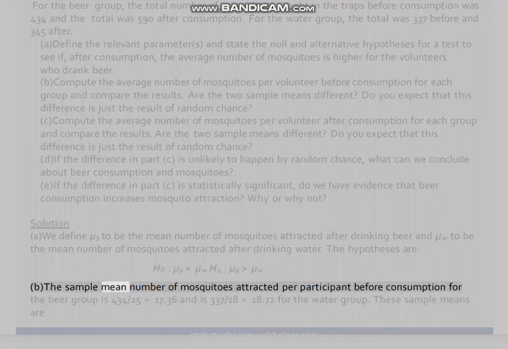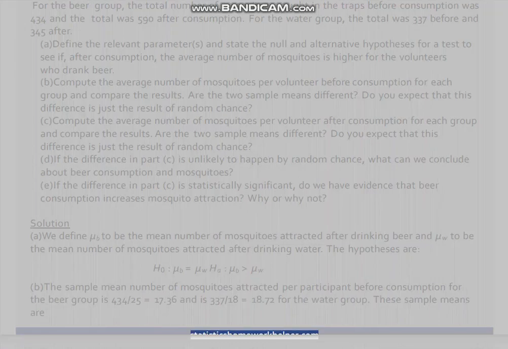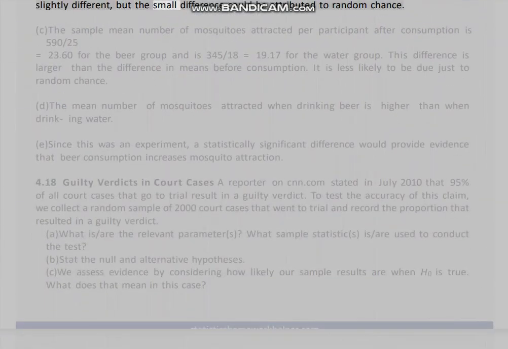B. The sample mean number of mosquitoes attracted per participant before consumption for the beer group is 434 divided by 25, which is equal to 17.36, and 337 divided by 18 is equal to 18.72 for the water group. These sample means are slightly different, but the small difference could be attributed